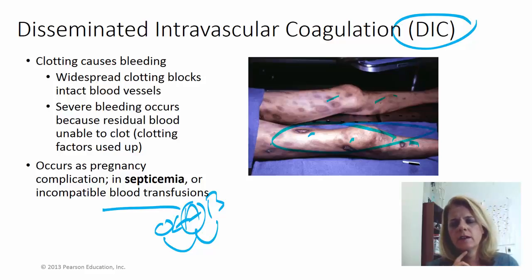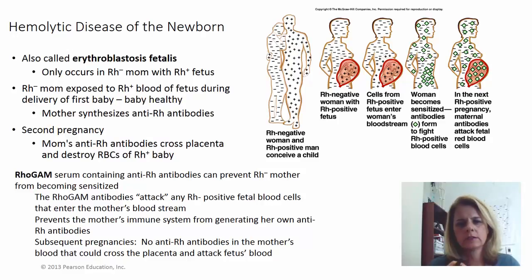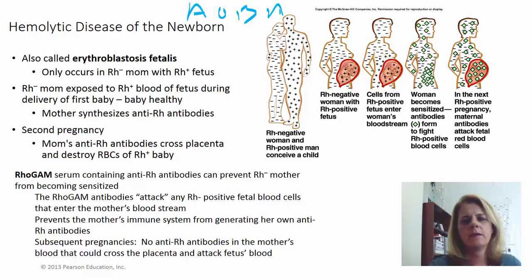Sometimes you'll see it at the very end of life when organ systems just start to fail. You may start to see this DIC as kind of a last sign of life in kind of end organ failure patients. So going back to blood types, we talked about you have A and O and B and AB, but